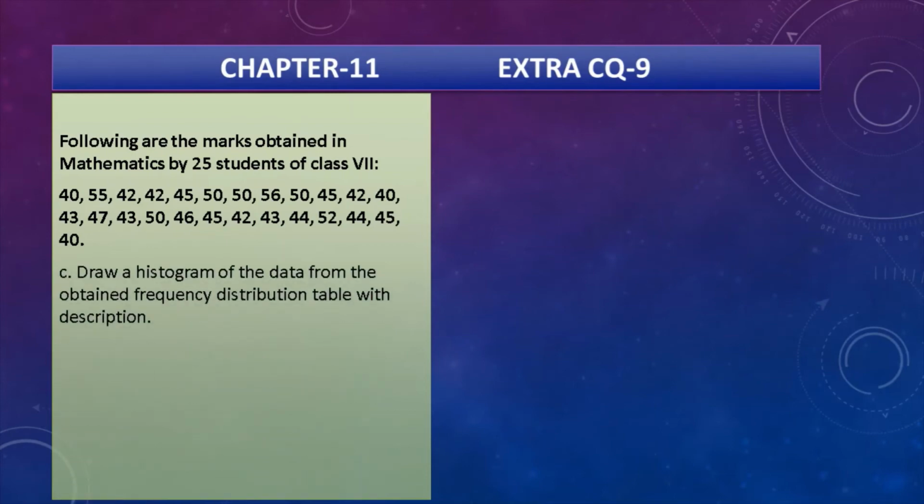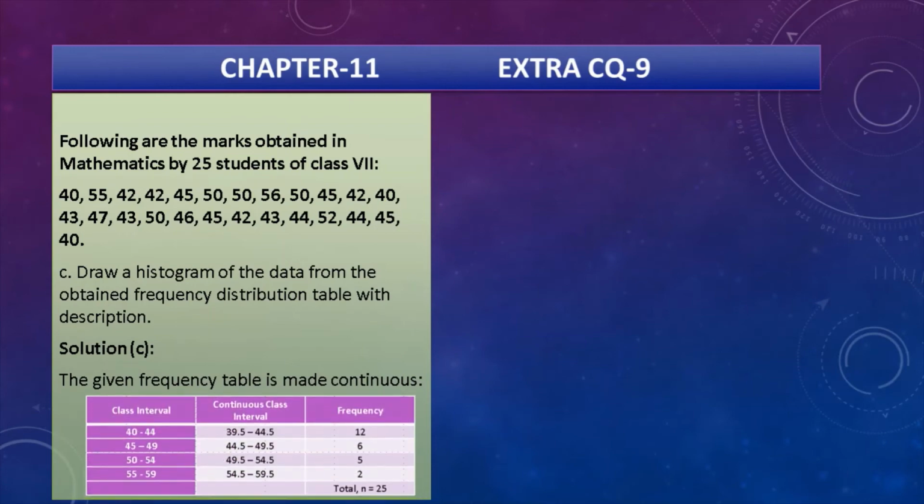Now this is the question, and we will solve question number C, and these are the data, and the C number question is draw a histogram of the data from the obtained frequency distribution table with description. So solution number C, the given frequency table is made continuous. At first we have to make the continuous given frequency table,